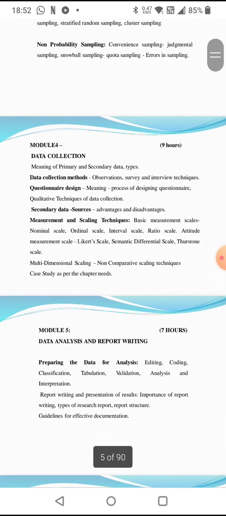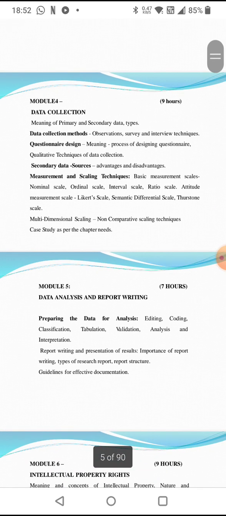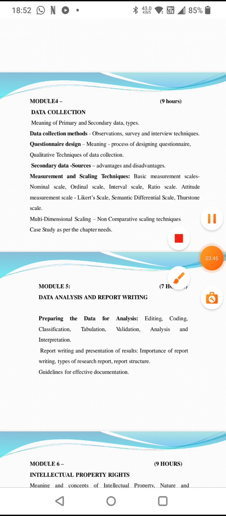And coming to the fourth module, it is about data collection. So what do you mean by primary data types, secondary data types, different data collection methods like observation, survey, interview techniques, questionnaire design. And coming to questionnaire design, you have meaning, the process of designing a questionnaire, quantitative and qualitative techniques of data collection,